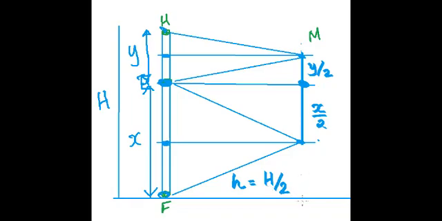And from what distance from the floor? What is the height of the mirror from the floor? That is, you can see it is the remaining portion here, this shaded portion, which is half of the distance between his eye and his foot. The lower edge of the mirror must be at a height equal to half the distance from his foot to his eye, and the total length of the mirror equal to half his height.